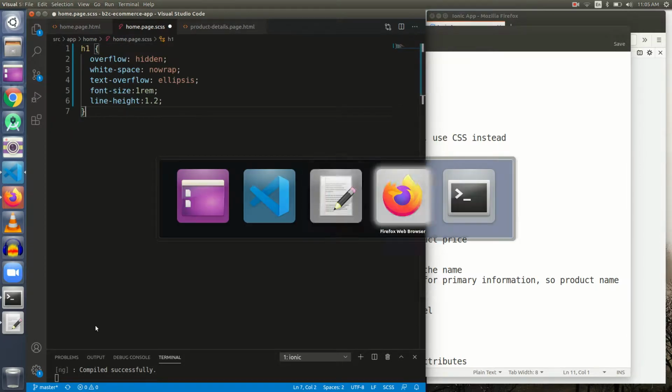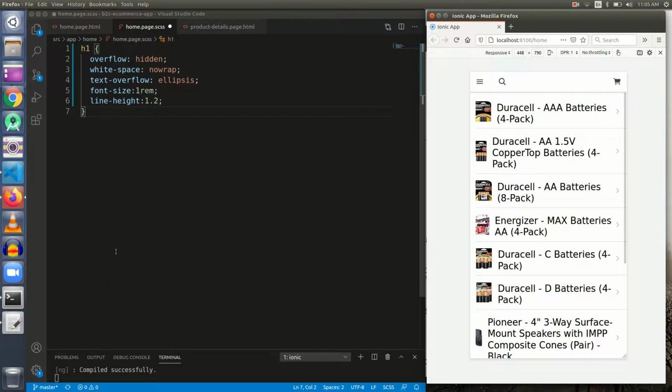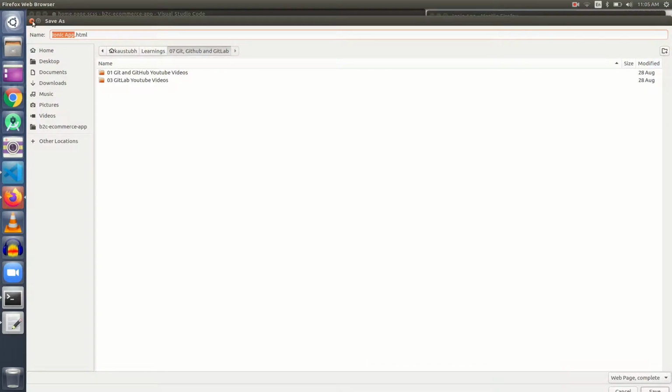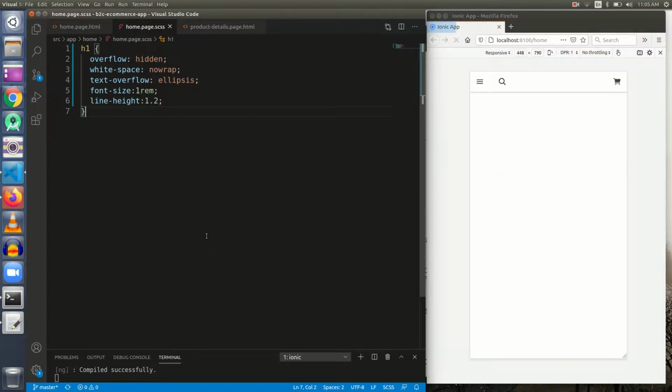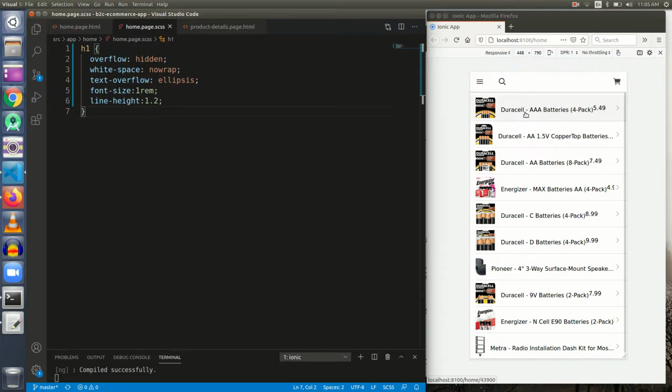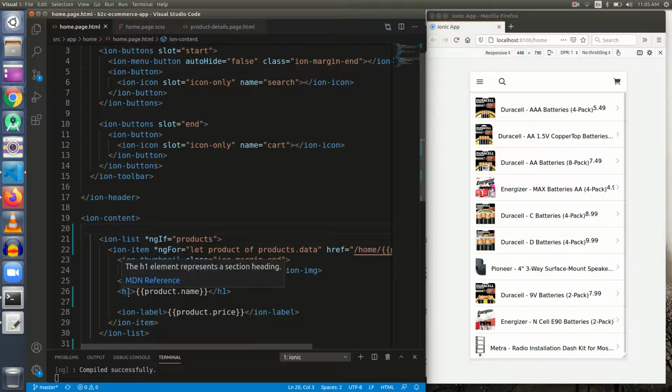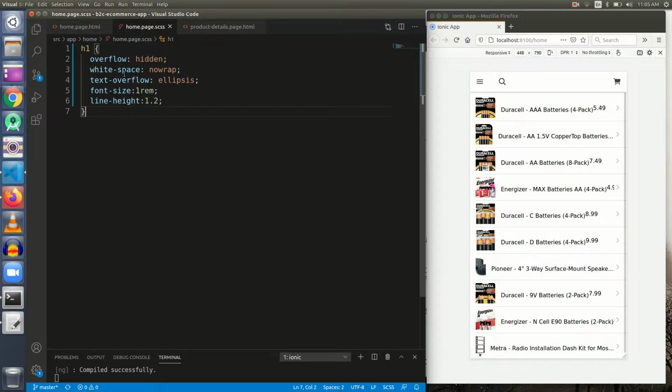And before saving it, let's see our UI, and let me save it now. Okay guys, now as you can see, this CSS is applied on this H1 tag. And what we have done in this CSS is that we have given it a no wrap, because these product names are quite big. So what happens if I don't give this no wrap and text overflow,